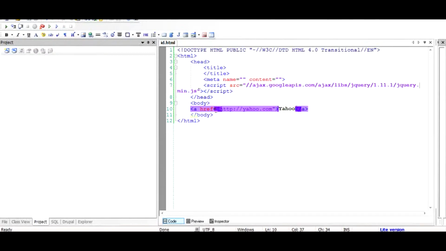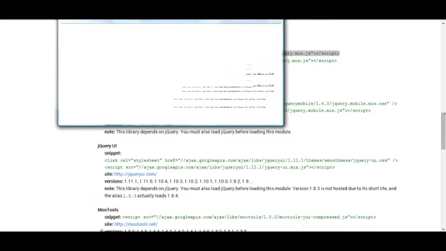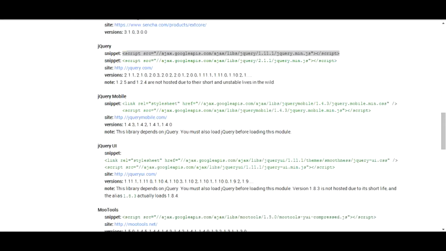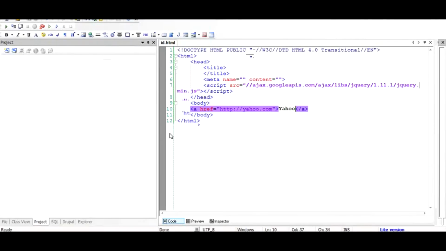Now to include jQuery, I would not go much into detail of it. You can go to the jQuery hosted libraries in developers.google.com and copy this hosted library from the hosted libraries guide and paste it just above the head. So now you have included the jQuery. That means the jQuery is available for you to perform the operation. And